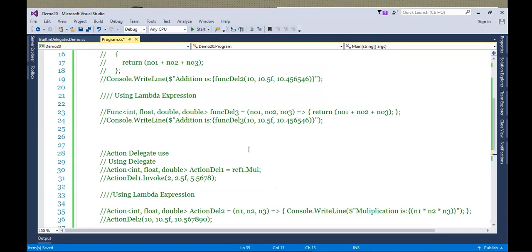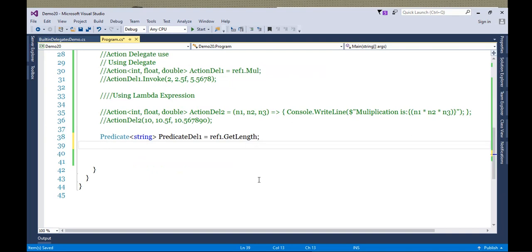Okay, and now start calling it. So Console.WriteLine. I will write result is. Okay, and then start calling it. So predicateDelegate1 let's pass on the string.